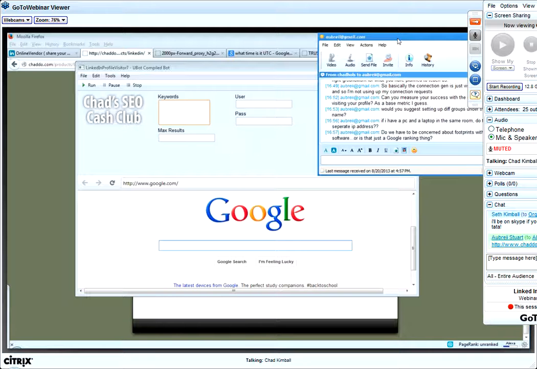Graham says, my partner and I have our own profiles, obviously both working on the same router, so are we at risk? It's a real-life situation. If your LinkedIn profiles clearly show that you both work for the same company, you're not going to be in trouble, because LinkedIn knows, I mean, if you think about it,